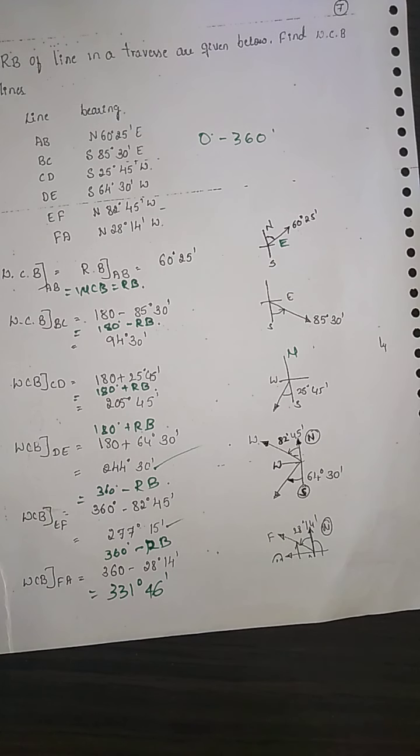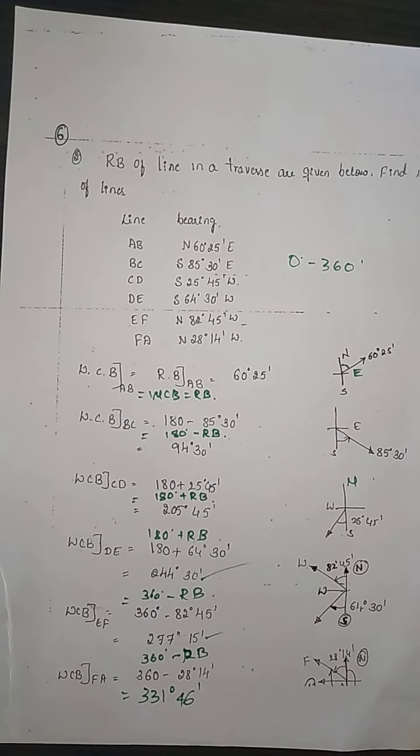Okay, so this is how you need to convert your whole circle bearing into the quadrantal bearing, and from quadrantal bearing to the whole circle bearing. Remember, from whole circle bearing to quadrantal bearing, the angles will be from 0 to 360 degrees. Then you need to convert it into north theta east, north theta west, south theta east, or south theta west. Those theta values are the angles you get after the reduction according to your formulas.